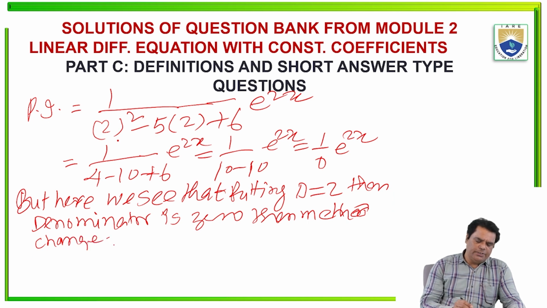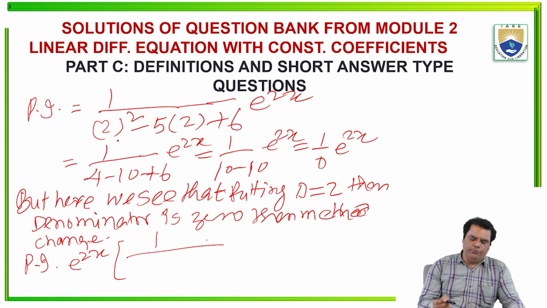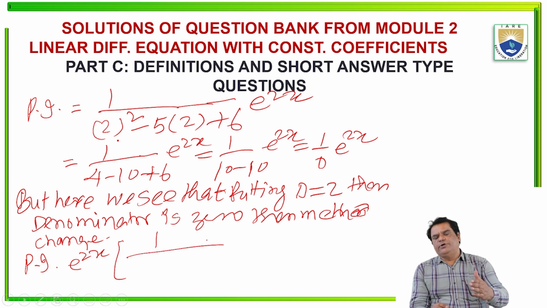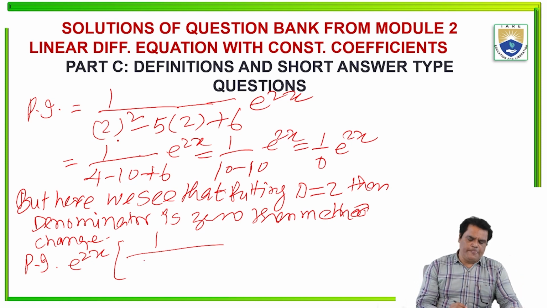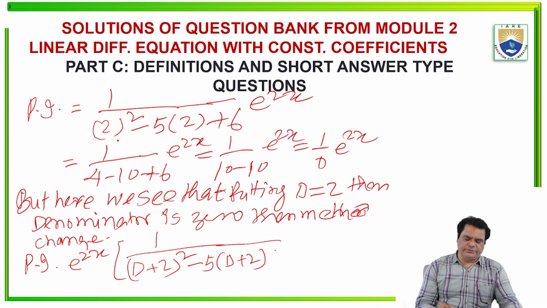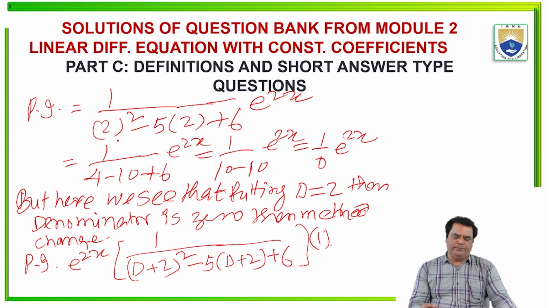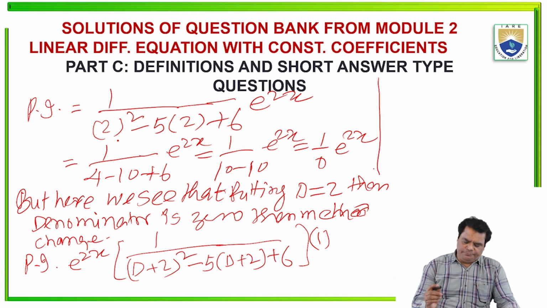What change? Now PI is equal to this exponential function taking to this side, and here putting D equal to D plus 2. Exponential function taking left side and putting D equal to D plus 2. So here (D plus 2) squared minus 5 into (D plus 2) plus 6. And here the function is only 1. So here after opening